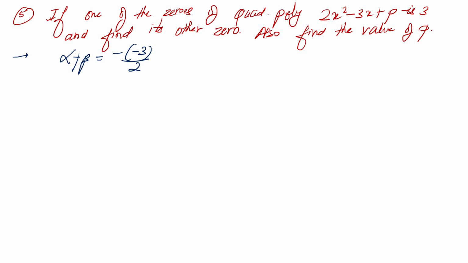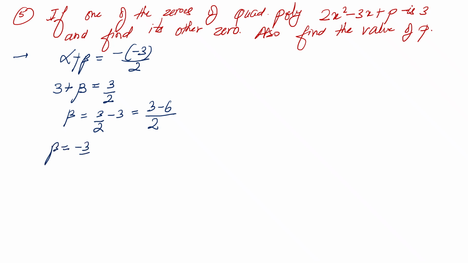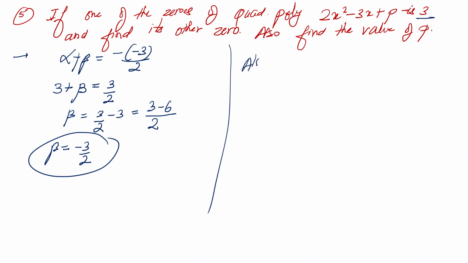एक वैल्यू कितनी दे रखी है? 3, so we can use 3 plus, let's say another zero is beta, this is equal to 3 over 2. So from here you get beta as 3 by 2 minus 3, which is equal to LCM 3 minus 6, so from here you get beta as minus 3 by 2। एक जीरो हमारा ये आ गया और एक जीरो हमारा 3 आ गया।